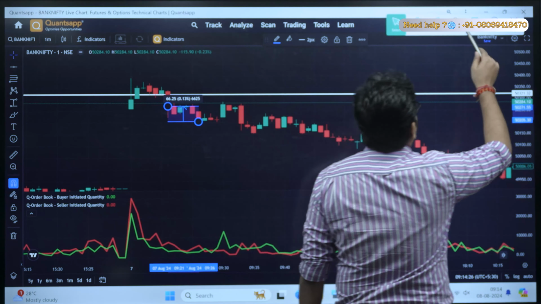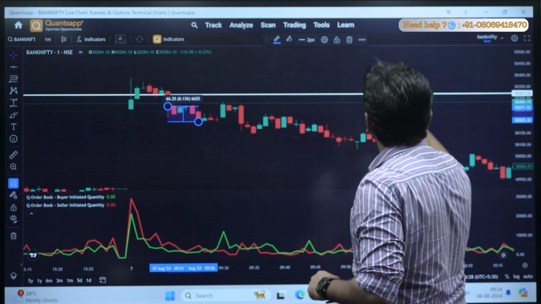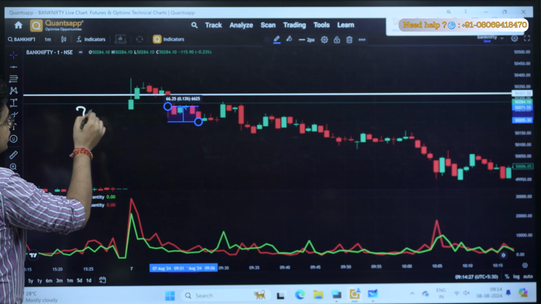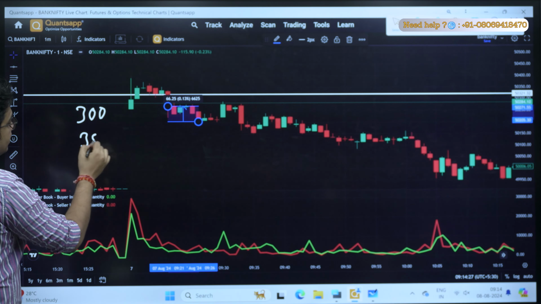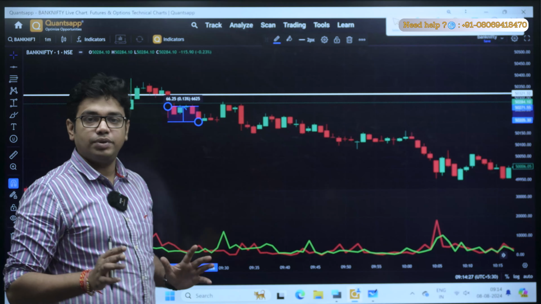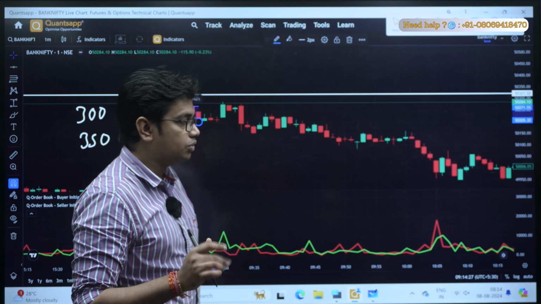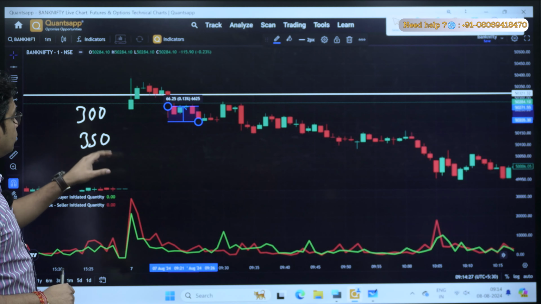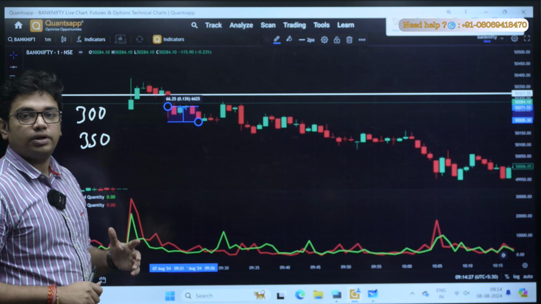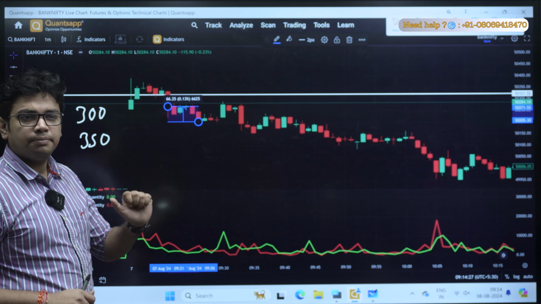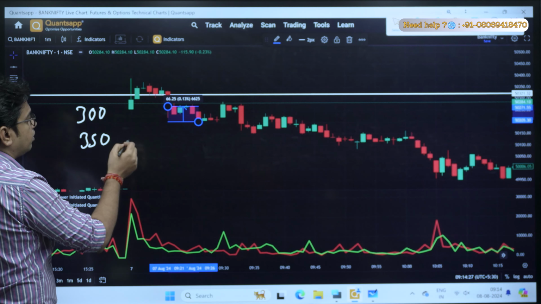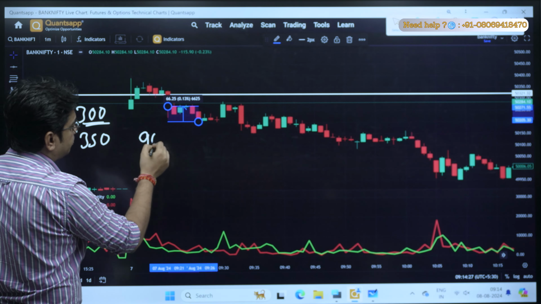So let me give you the calculation. Let's just say at the ATM level it is 300 or maybe 350. If I want to do the scalping, because in scalping you have to place a huge quantity in order to get the good result, now here if I am going to buy like 100 quantity or maybe 200 or 300. The nifty lot is around 15. So let's just say if I am going to buy 300 quantity, it will be like 90,000 rupees,